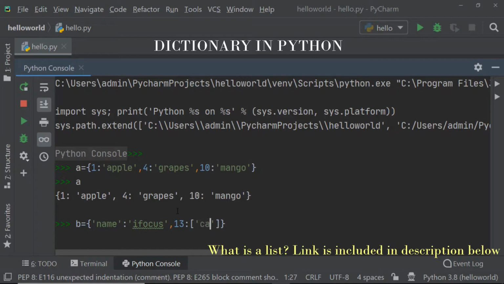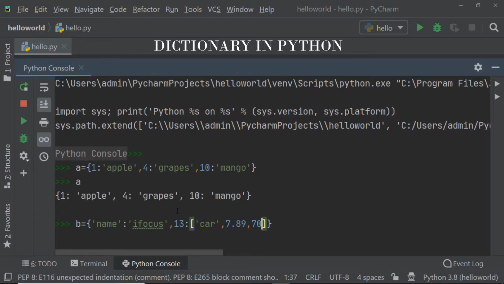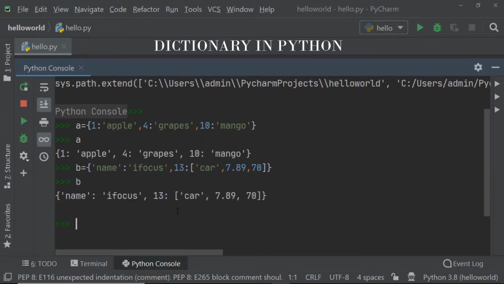So I am taking multiple values in my list, let's say a string, a float value and an integer. Now if I print my B dictionary, you will find there are 2 keys, that is name and 13, whereas there are 2 values. The first value is iFocus and the second value is nothing but my entire list here.